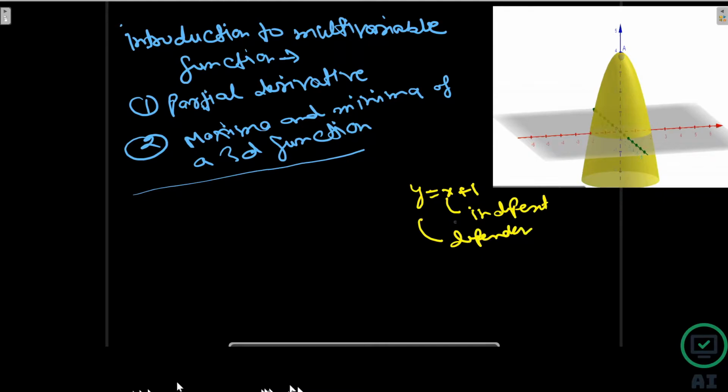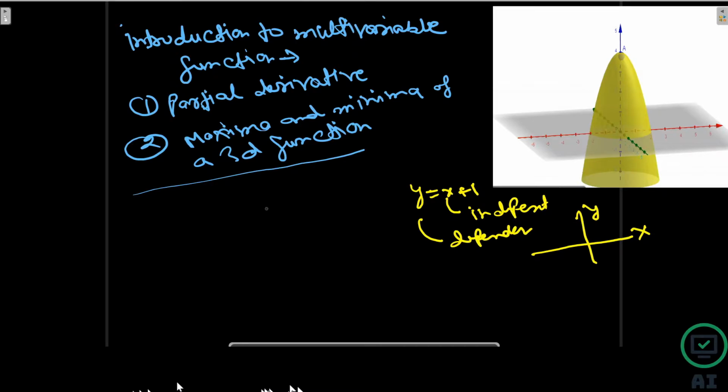So here we need two dimension space. We always need one more than the independent variable as a dimension. So when we have one independent variable, we need two dimensions, one more than the independent variable, to plot that graph. This is the x-axis, this is the y-axis. So to graph a function, we must have one dimension more than the number of independent variables.